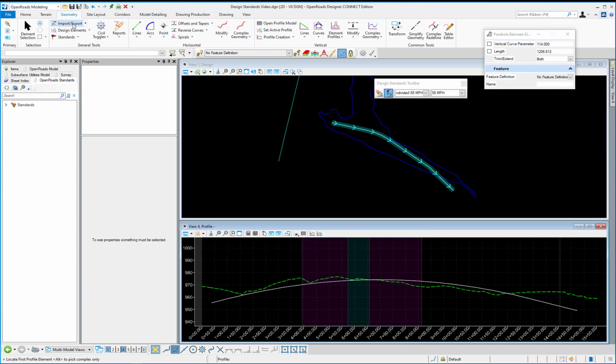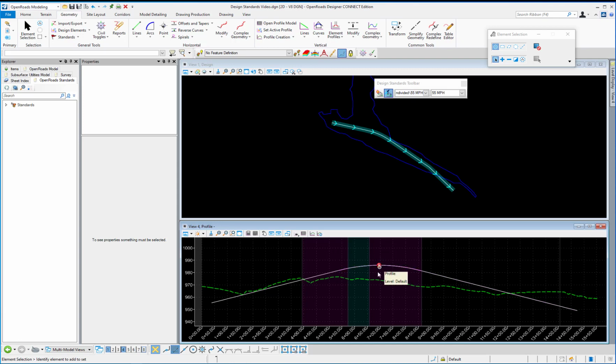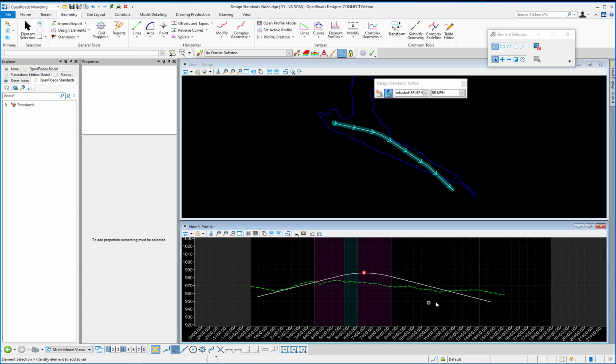Now, if I go in and I change this to something rather small, or something less than 114, I get the red X to tell me there's a problem there that needs resolved. I also wanted to show on one of these grades, for this design speed, the max grade is set to 12%. So if I want to change that to be steeper, just to show that a warning will be given,